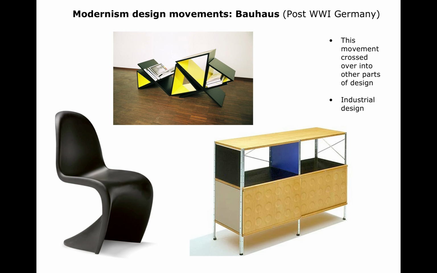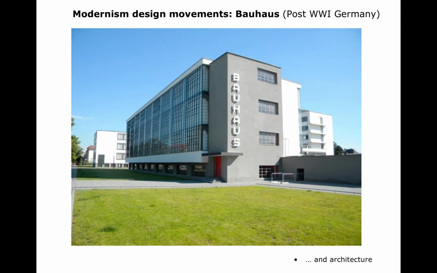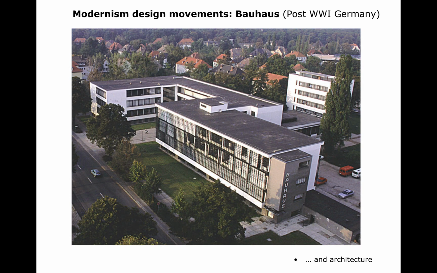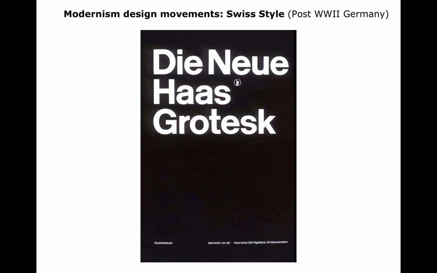If you look at any of the modern furniture, especially modular furniture that we see today, it's all influenced by the Bauhaus movement. And architecture as well. This is the actual Bauhaus school, which looks very geometric in itself in the architecture. And this is all